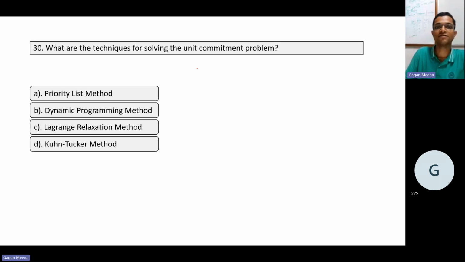Now, what are the techniques for solving the unit commitment problem? We have seen these methods, right? Priority list method we have seen. In the decreasing order of priority, we can do that. As the demand is decreasing, we can decommit one generator. And then dynamic programming also we have seen, forward and backward dynamic programming, and Lagrange relaxation also is one of the methods. We have already discussed in the sessions that